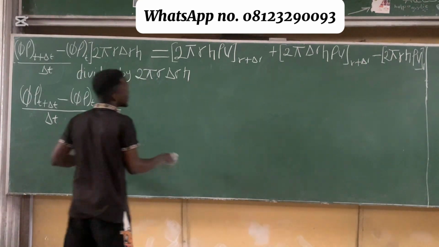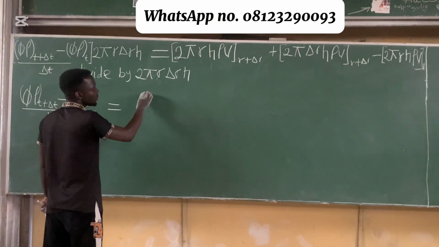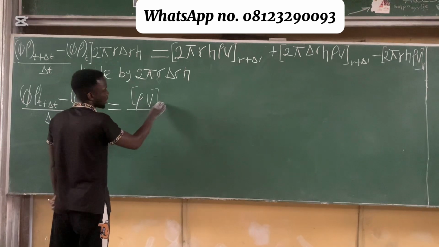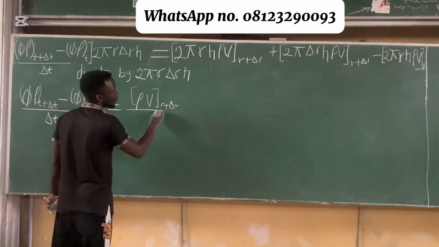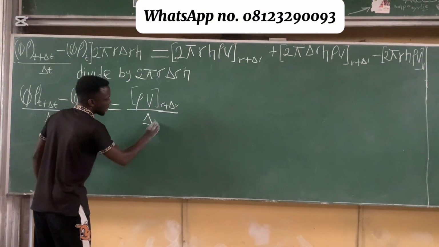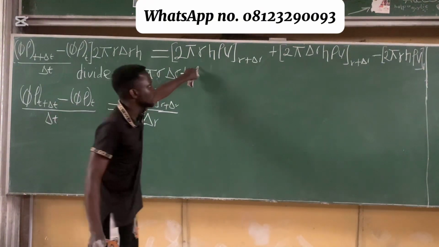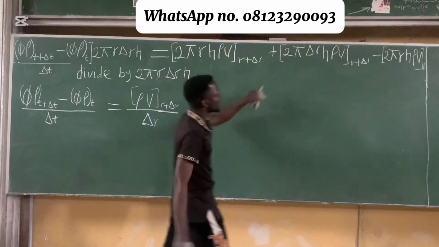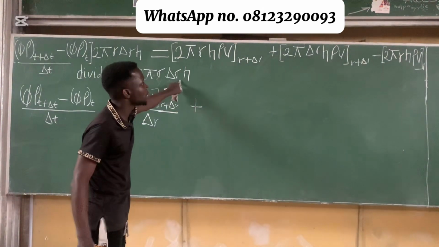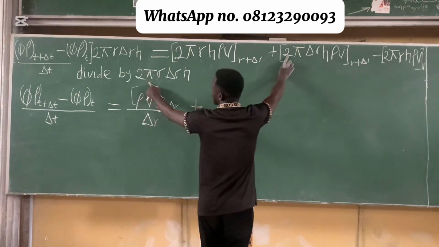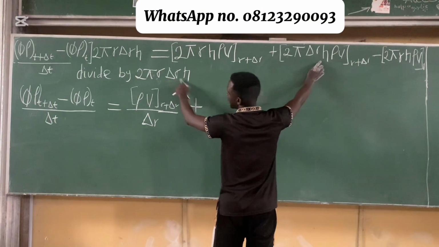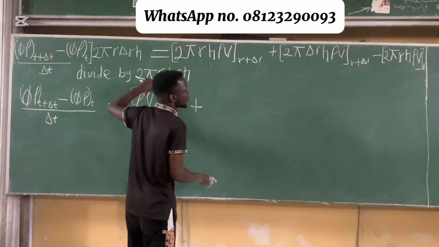We'll be left with rho v divided by rho v at r plus delta r divided by delta r. We are done with this, plus divide this one here by 2 pi r delta r h. 2 will cancel 2, pi will cancel pi, delta r will cancel delta r, h will cancel h. We'll be left with what? Divide by r. So this becomes plus